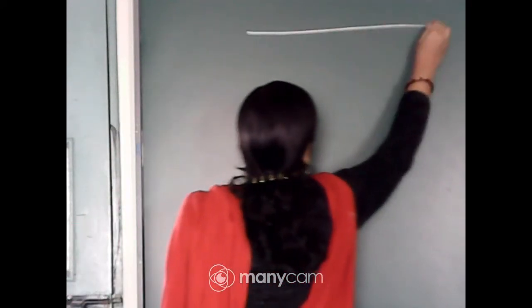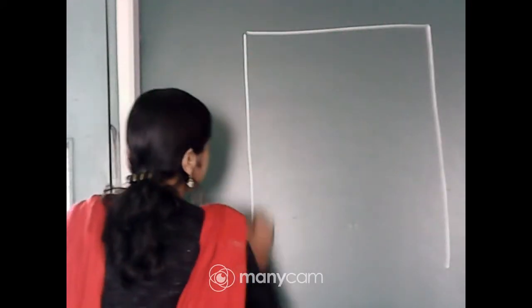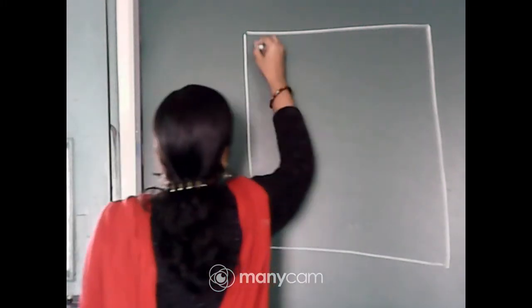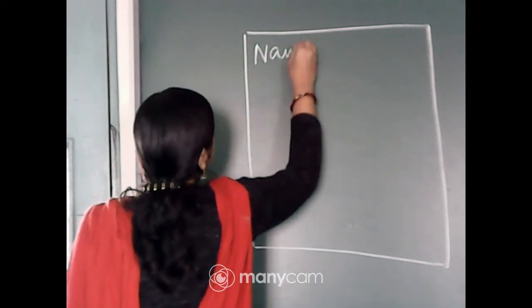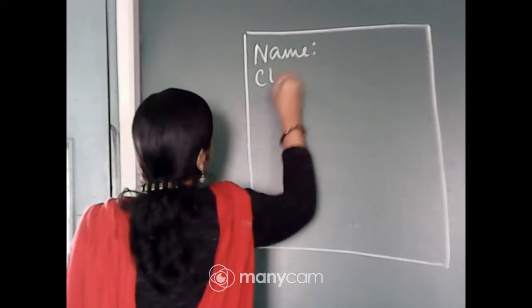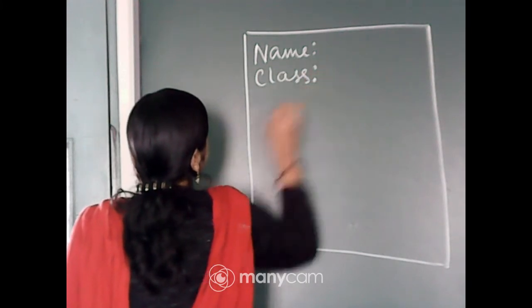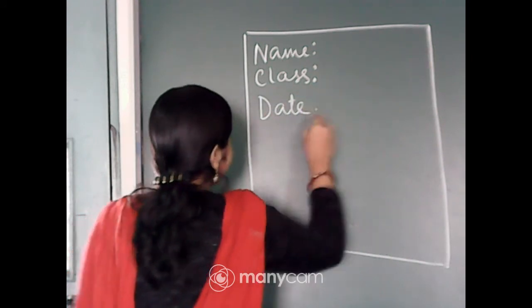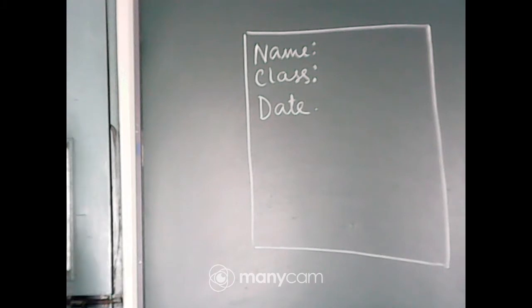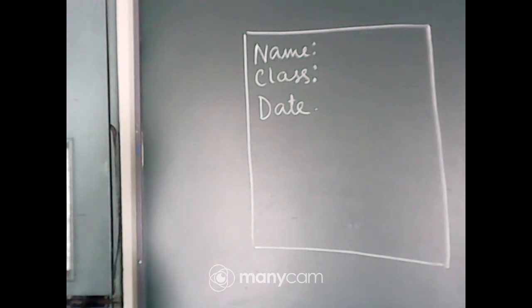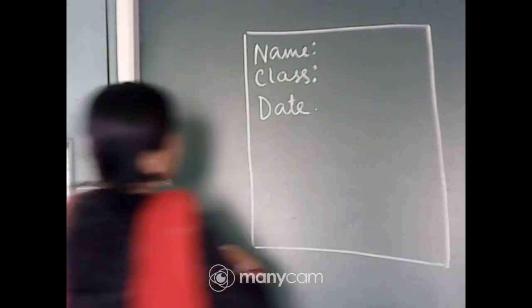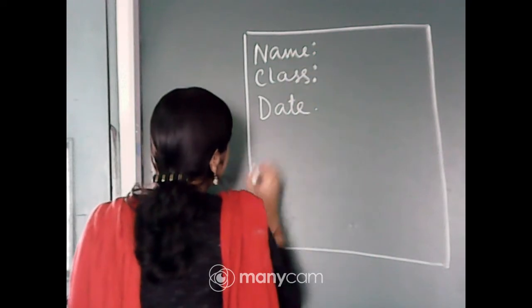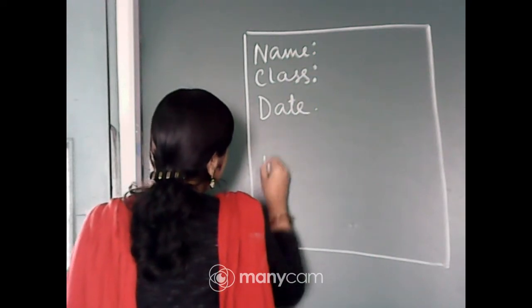In the first page, suppose this is the first page. Your name, your class and the date. This date can be the date in which you have begun writing or the date of completing the book report. Okay. Now, next give a little bit of space and write